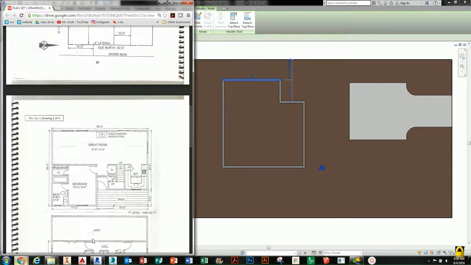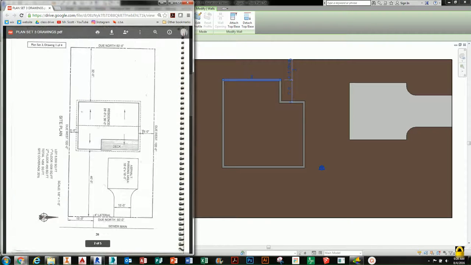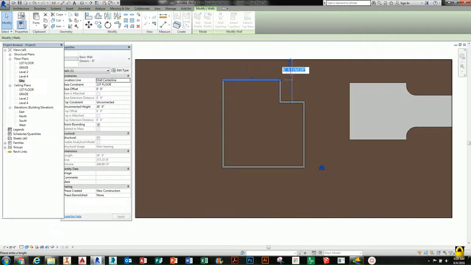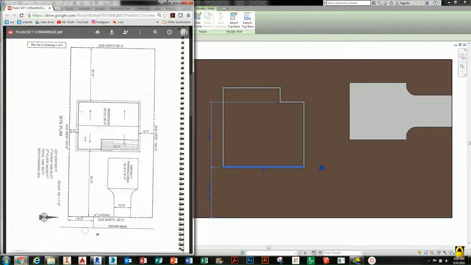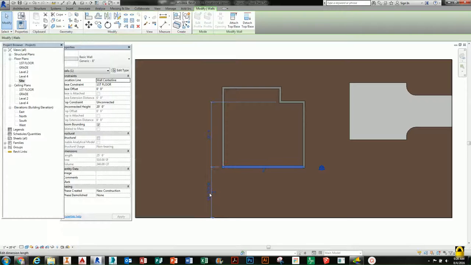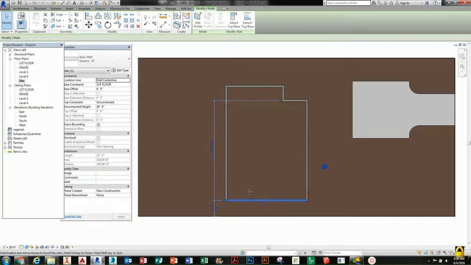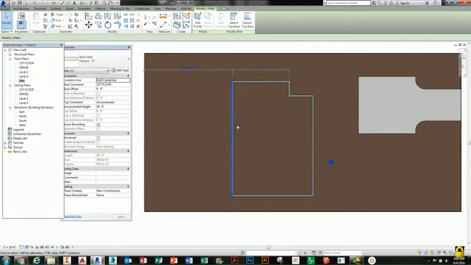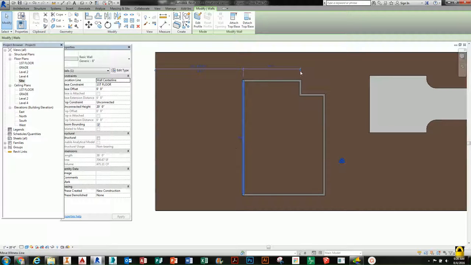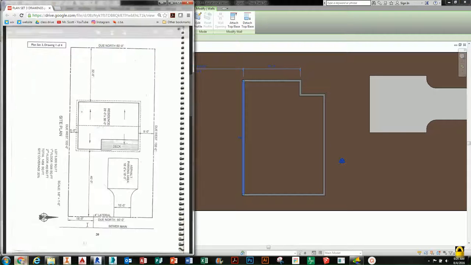If we remember, this exterior wall is 9 feet from the outside, right? If we look at this exterior wall, it's 5 feet from that side, right? If we click this wall, we know this wall is